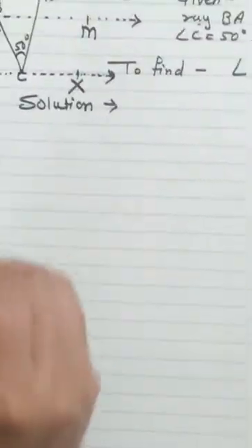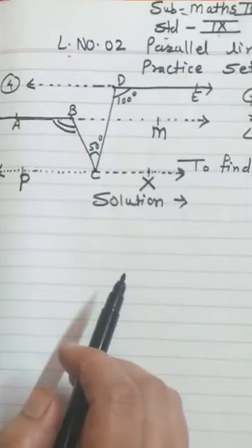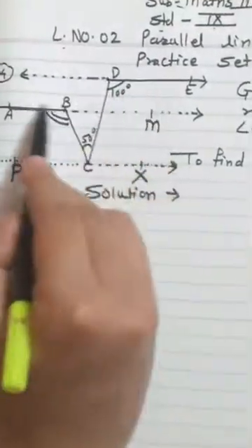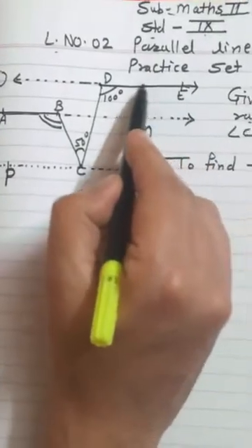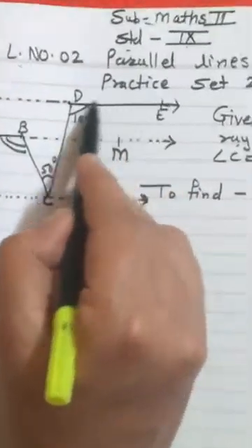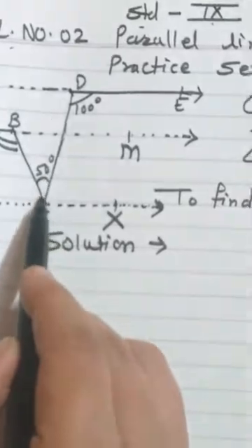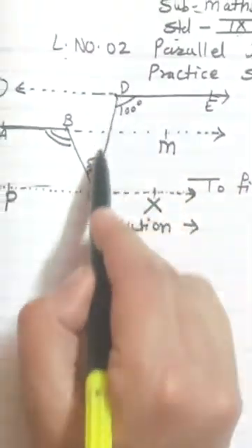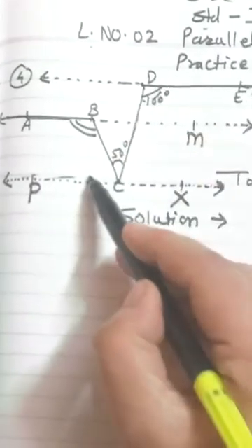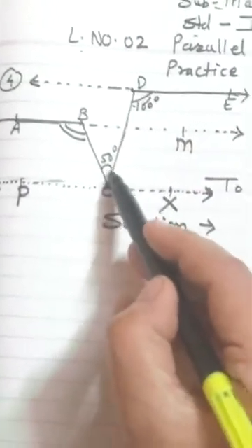See children, how to solve this question first. See, these two lines are parallel lines. Okay. So if you observe this one, see this line D, E and coming here and here. So this is Z. This is called ulta Z. Okay. You can see this, it is in Z shape. This angle which is congruent to this one. This angle, is it?